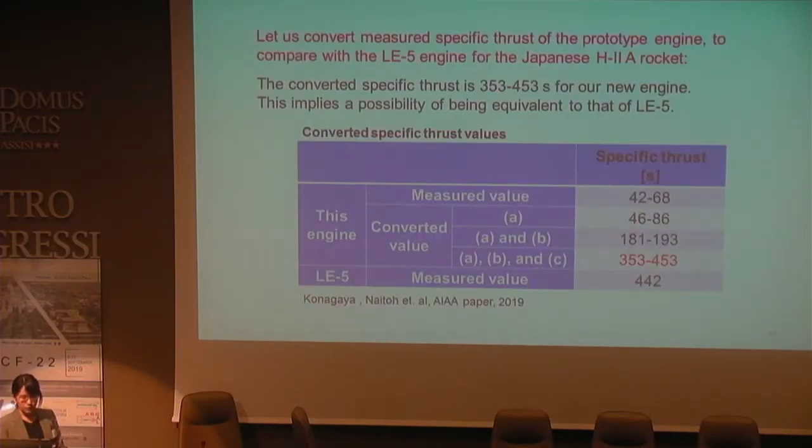So next I'll show some conversion analysis. Let us measure the specific thrust of this prototype engine to compare with the LE5 engine for the Japanese H-2A rocket. The converted specific thrust is 353 to 453 seconds for a new engine. This implies a possibility being equivalent to that of LE5. And about this conversion analysis, I'd like to point out an important point that we've considered,